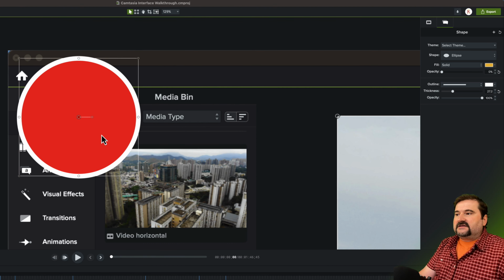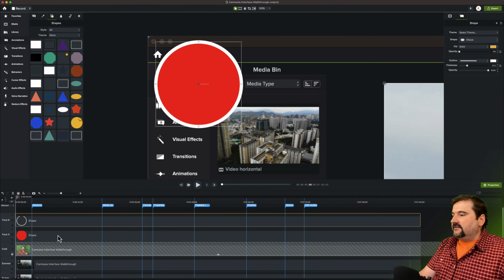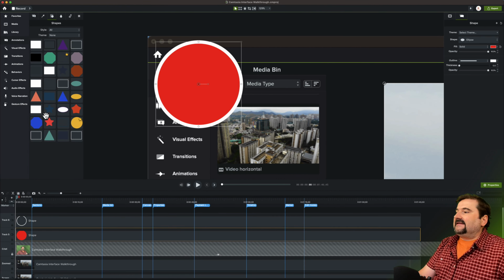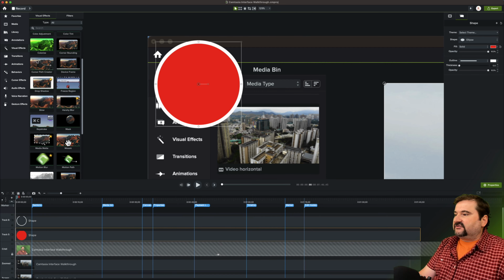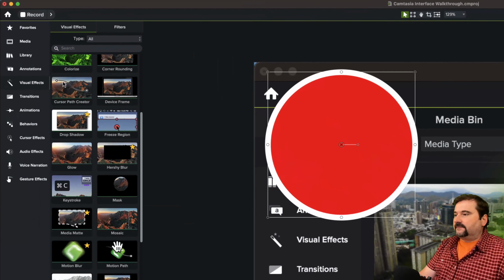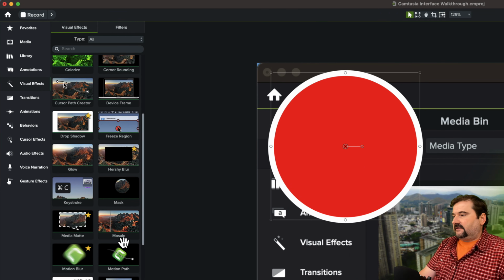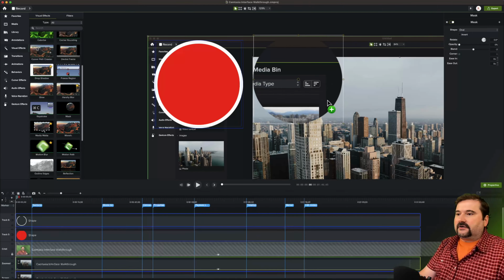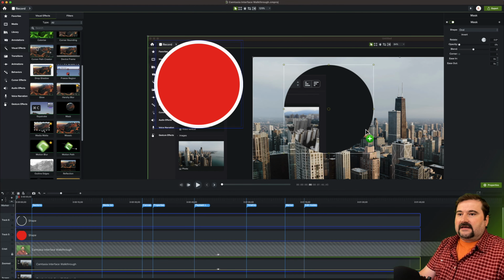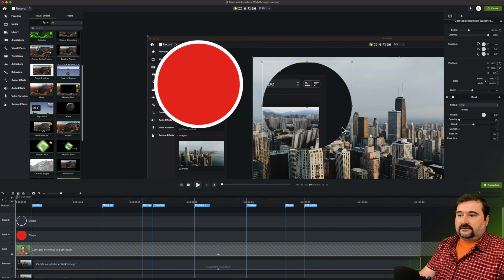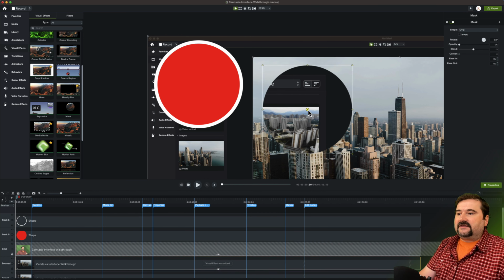And the red one is going to become a mask. So click on the red one first, and let's go to Visual Effects and apply Media Mat to it. This Media Mat effect is so cool. You can use a lot of these. You can do a lot of things with the Media Mat. And on the Mac, there is an effect called Mask, which does the same thing. Look, if I get the mask and I put it on top, it's behaving like a lens, exactly what I'm trying to achieve now.